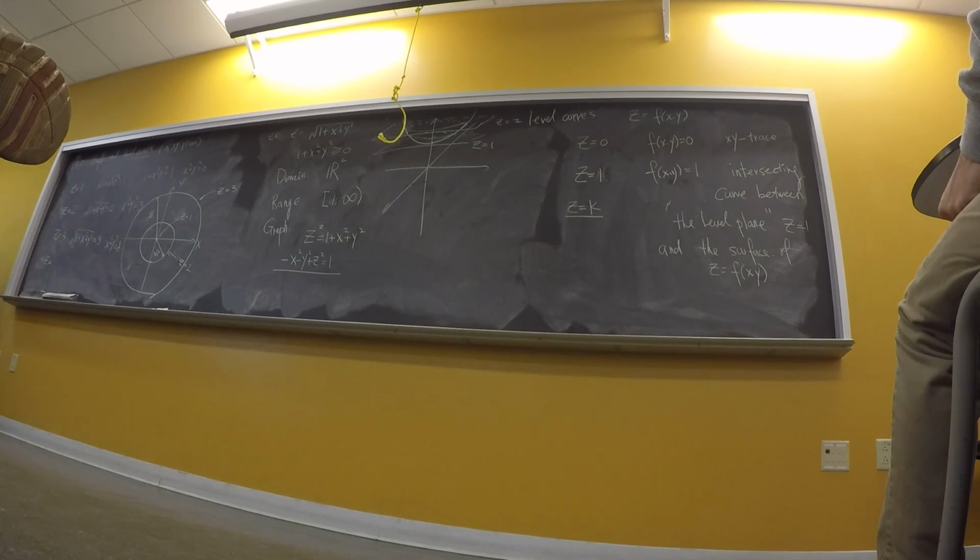I said we can choose freely the value of z. I'm choosing the values from 1, 2, 3, and so on. How about choosing the value, for instance, z equals 0? You get the square root of 1 plus x squared plus y squared is equal to 0, and this can